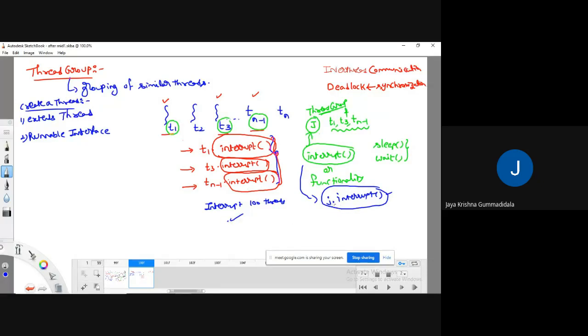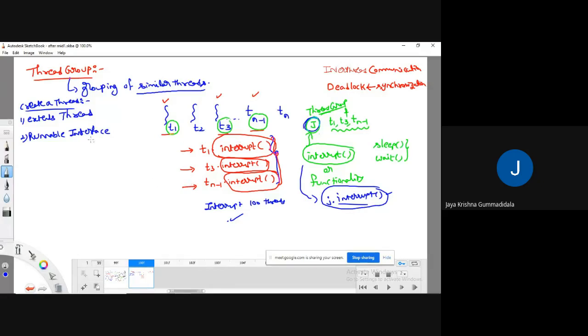Instead of that, I can create one group and call a simple interrupt method on that group, so that all the related threads, meaning the threads having similar functionality, are grouped into a single object. That object is the J object.